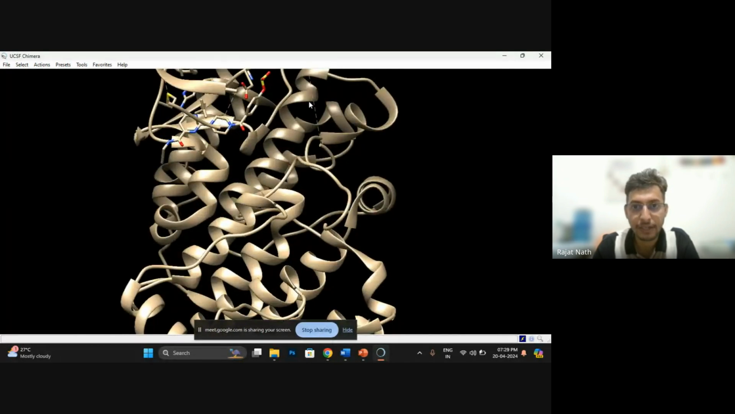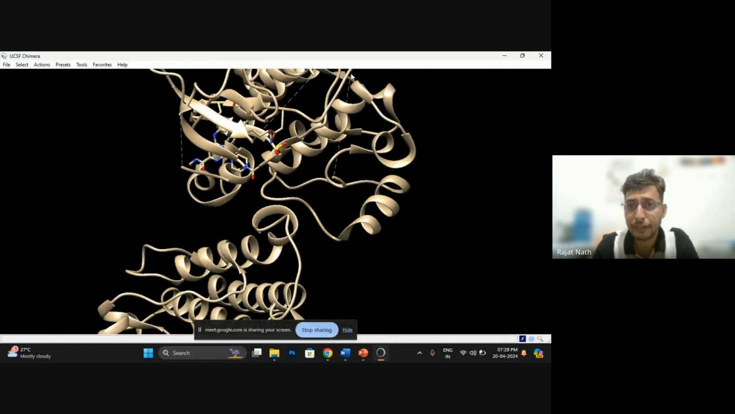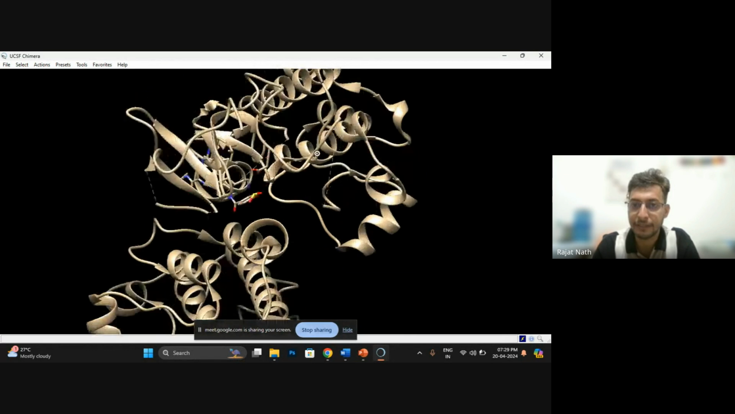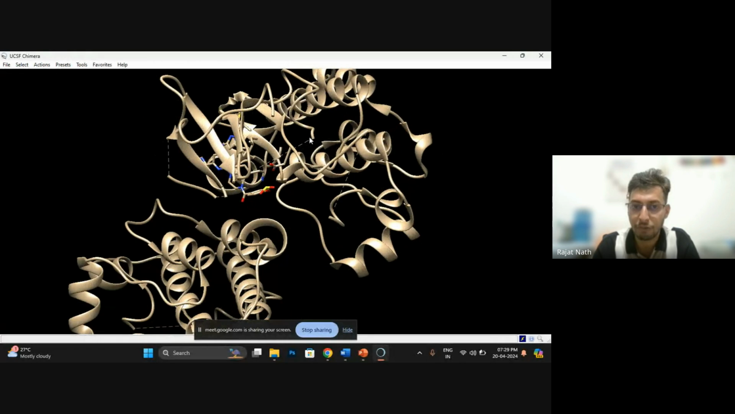There is some dotted line. See, this part is broken and this part is also broken. And there is some dotted line. That means that in this structure, the amino acid sequence for this part is missing or damaged. So this structure is not complete. In this structure, in various regions, it has been broken down and part of the amino acid sequence is